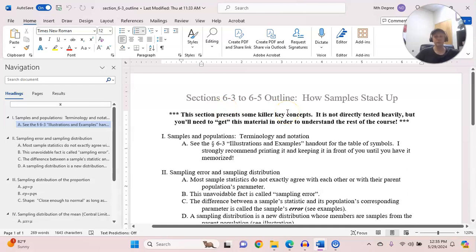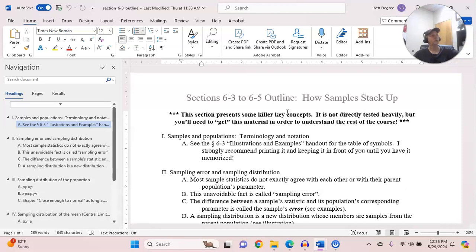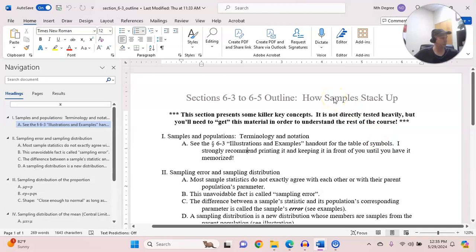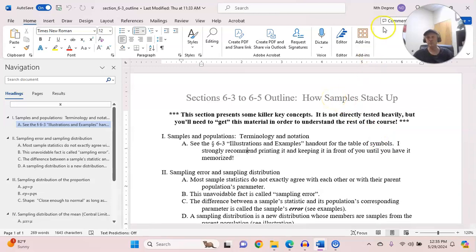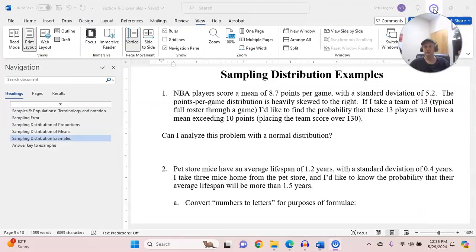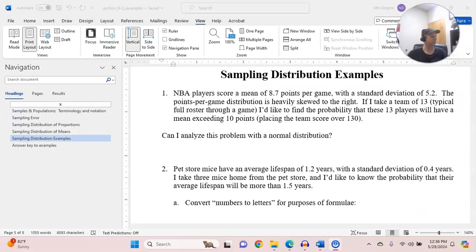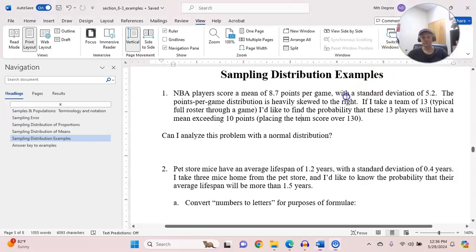I have that one printed in front of me, and I'd recommend that you have it printed and in front of you too. I'm going to close that one on my computer screen because I just have too many documents to look at on the screen. If you have that one in front of you, it'll help you follow this lecture a lot more easily. But I'll be doing a couple other things on the screen. Okay, so question number 1